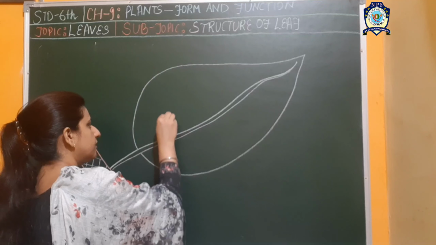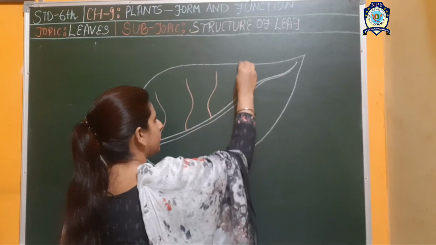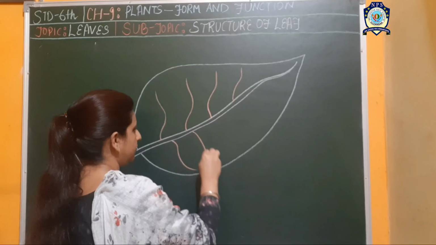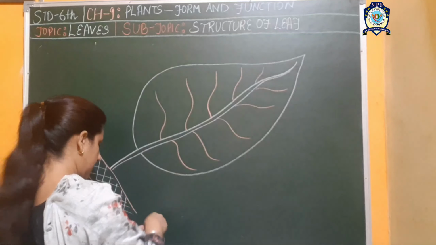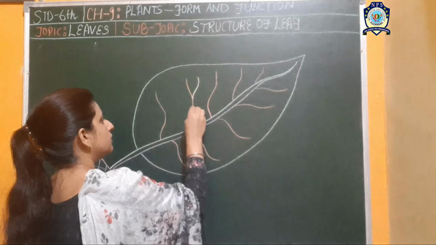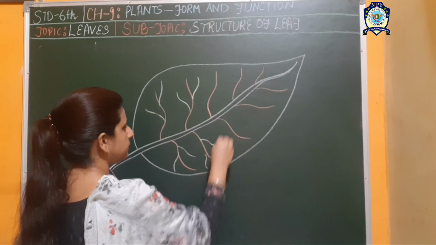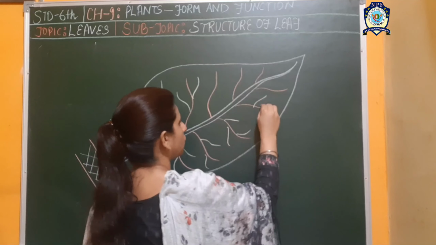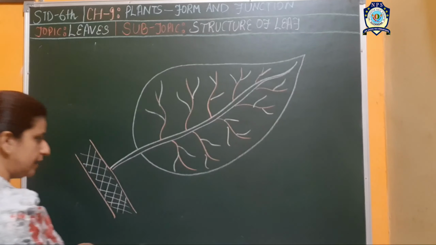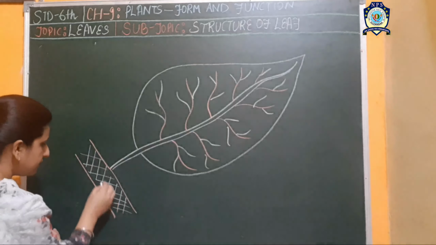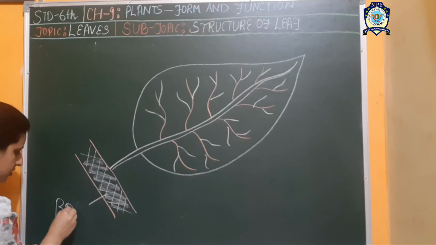inside the leaves there are these type of veins. These veins has got these type of small structures which are called as veinlets. So let's label the diagram first. Now this is the branch to which the